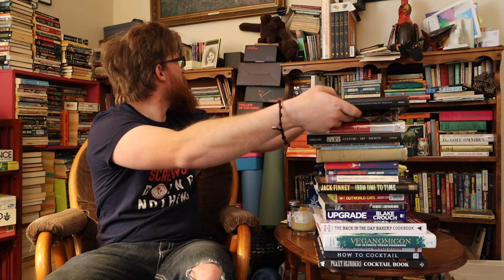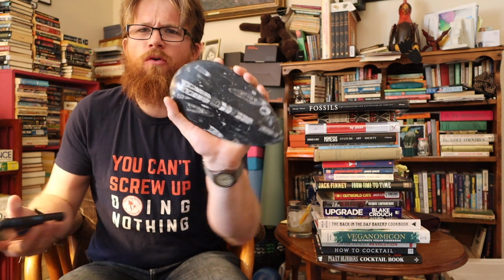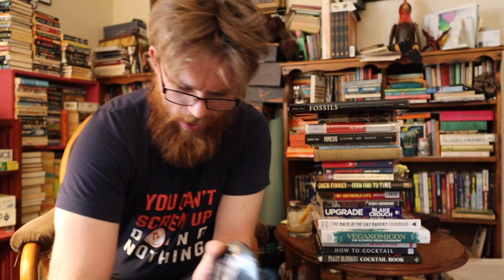This is something I wish I knew a little bit more about, especially considering I read a lot of time travel, and a lot of time travel deals with dinosaurs. These aren't all dinosaurs. I like fossils. Let's see. I actually have a couple of fossils. Woo. All right, so these are Orthoceras fossils. So I have this one, Orthoceras, which just has one big one, and you see the little bits of other ones. And then I got this guy,